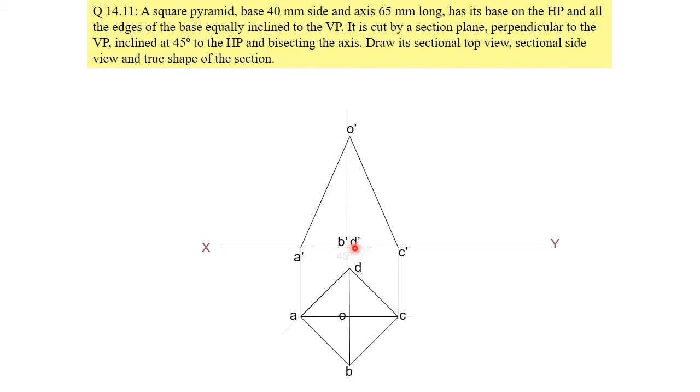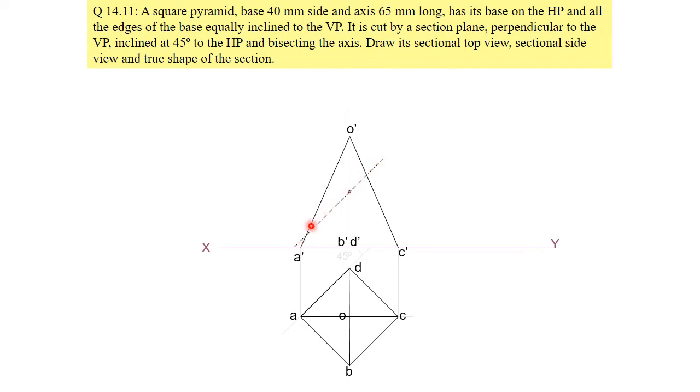The axis is 65 mm long. This axis O dash and B dash D dash. This axis from O is bisected over here. The distance is just half, 65 by 2. So this O dash to this point is just half of the 65,